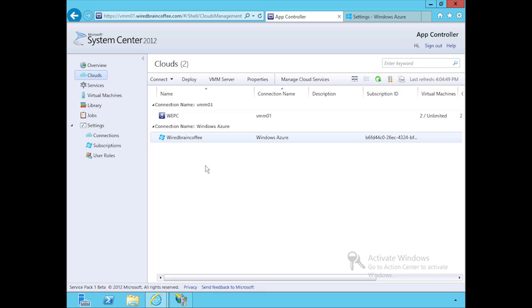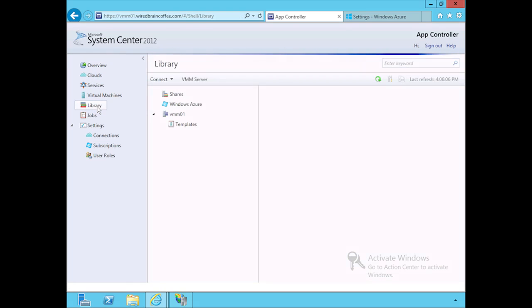Well, that so far has been working with Azure using Microsoft provided templates and Microsoft provided resources. But what if you wanted to use your own resources, your own templates, your own VHDs, your own ISOs? Well, how would you go about doing that? Let's take a look at the library real quick. So under the library here,